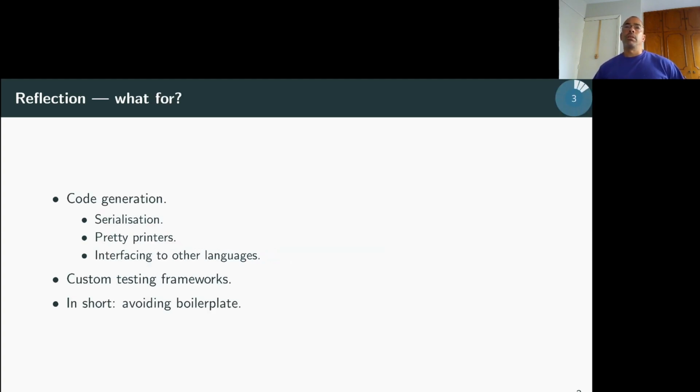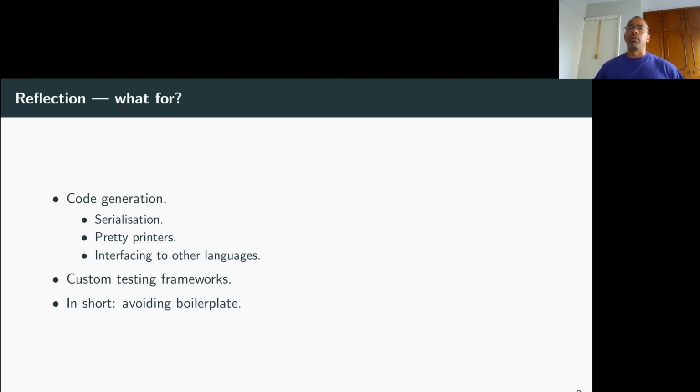Now, what can we use reflection for? And this is really why I started the DConf 2014 talk about this, because it wasn't clear to me what we could do with it, even though people kept saying it was powerful. And the first example everybody comes up with is serialization, which is boring, but it works. I also put pretty printers in here, but basically it's just a different kind of serialization.